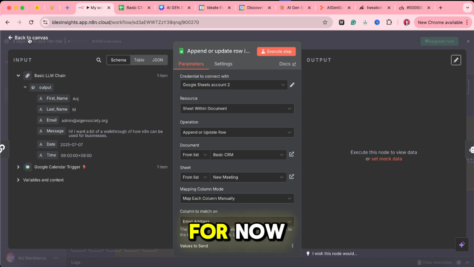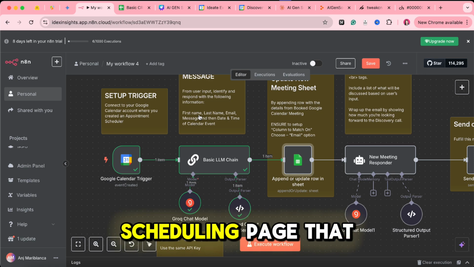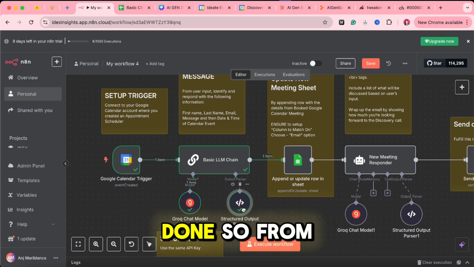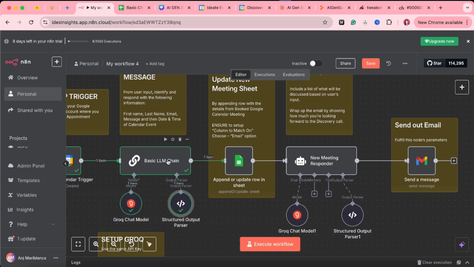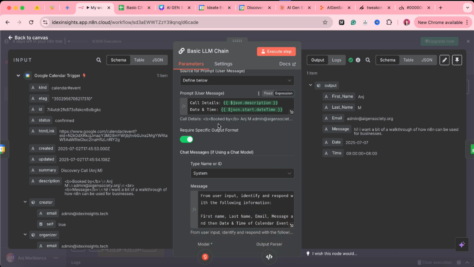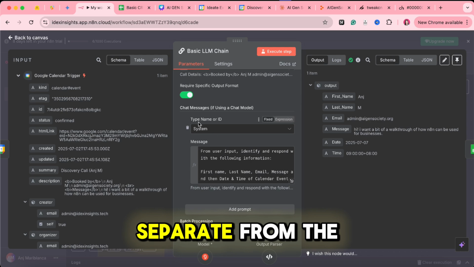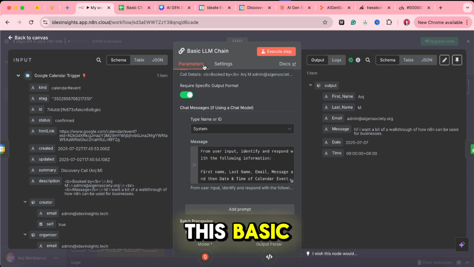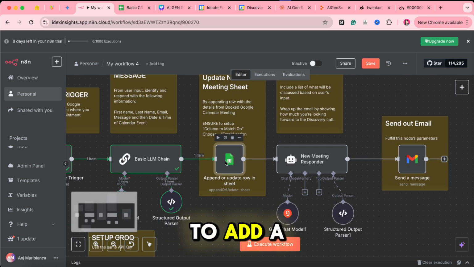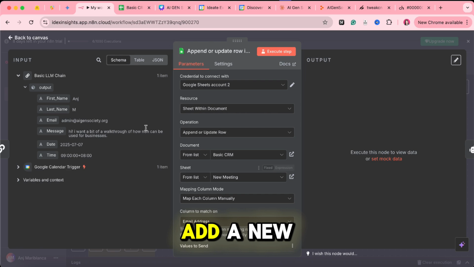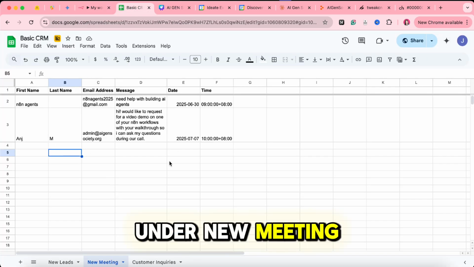So far, for now, you have already set up your Google Calendar trigger with your Google Calendar scheduling page that you have done from a different video. Then your basic LLM chain, wherein data from the person that booked a calendar event with you is on here, separate from the system message of instructions of what this basic LLM chain agent needs to do. Then you get to add a new